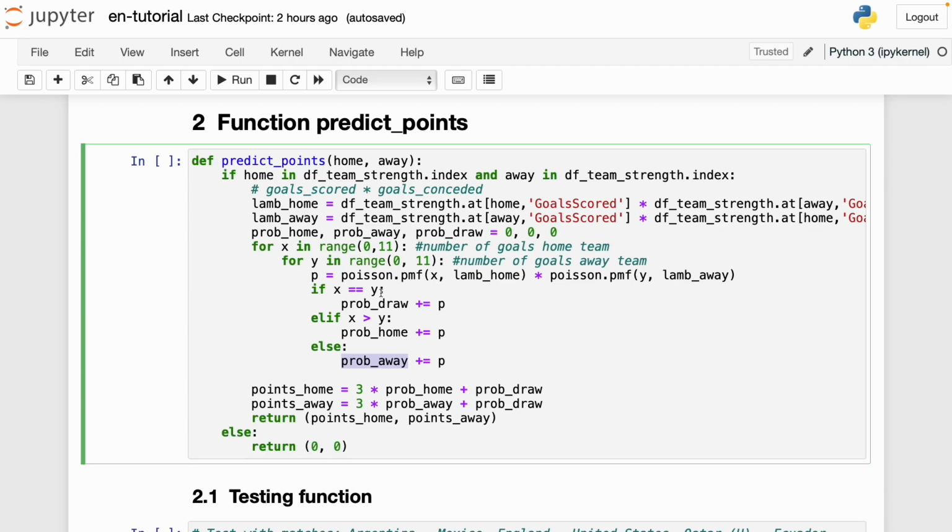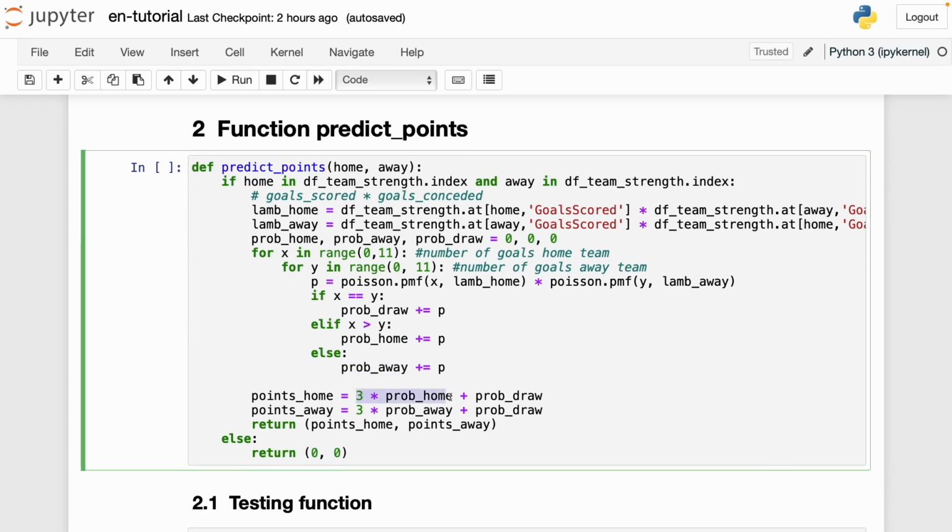So we're going to simulate each score, and then add to the scenario that it corresponds to, and that's how we get the final prob_draw, prob_home, and prob_away. And with this, I created a formula to find the points home and the points away. This formula is easy to understand if you think of a scenario where the probability of home is 100%, or 1. If this is 100%, then the home team wins, and then